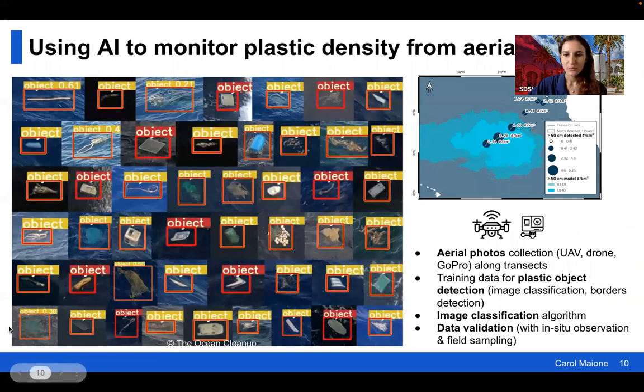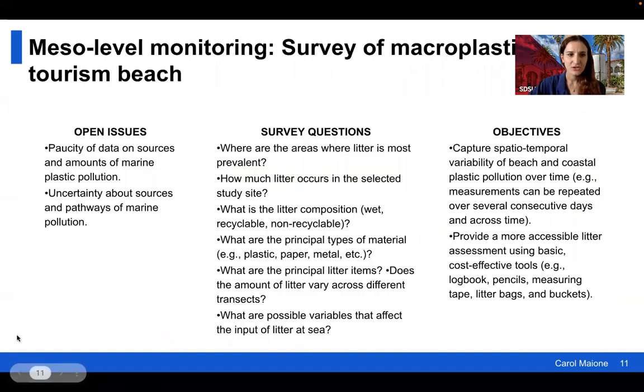Finally, we use GoPro and UAV images, as in the example that you can see here, for further integrating the plastic pollution observation at different scales. So with the GoPro, we could go much closer and capture even smaller plastic particles that we were not able to capture from satellite images. But in addition to that, we decided to conduct a meso-level monitoring on tourism beaches